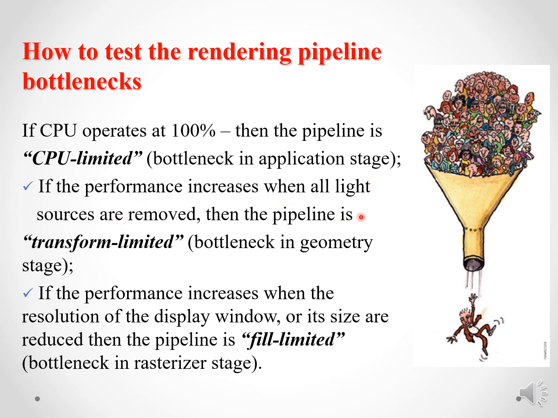Then the pipeline is called transform limited. That means there is a bottleneck in the geometry stage. Okay, you have removed all the light sources. You already helped the stage achieve optimization, but there is still a bottleneck,